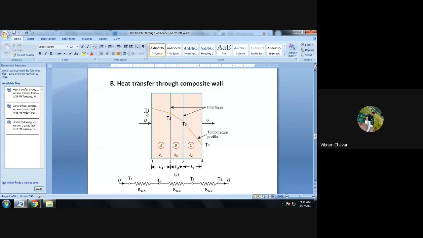Let us say T1 is the internal wall temperature of a furnace, and T4 is the external wall temperature of a furnace, whereas T2 and T3 are the interface temperatures between two walls, where the walls are connected. That interface is happening between two walls, and the temperature between these two walls we have to consider as T2, and in a similar fashion, the interface between